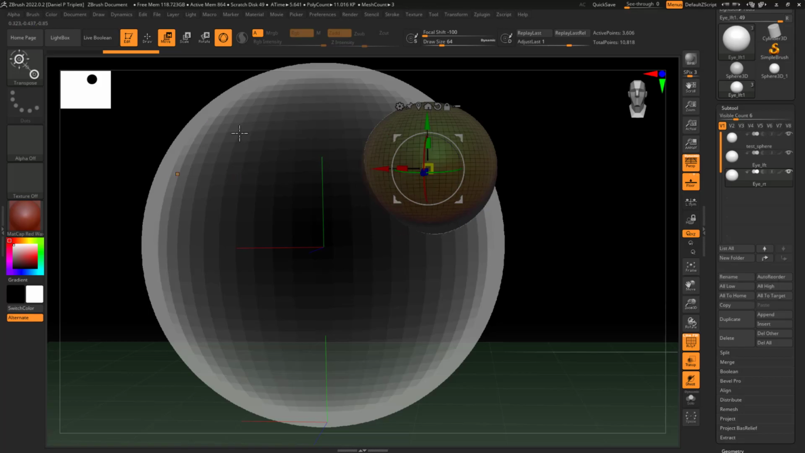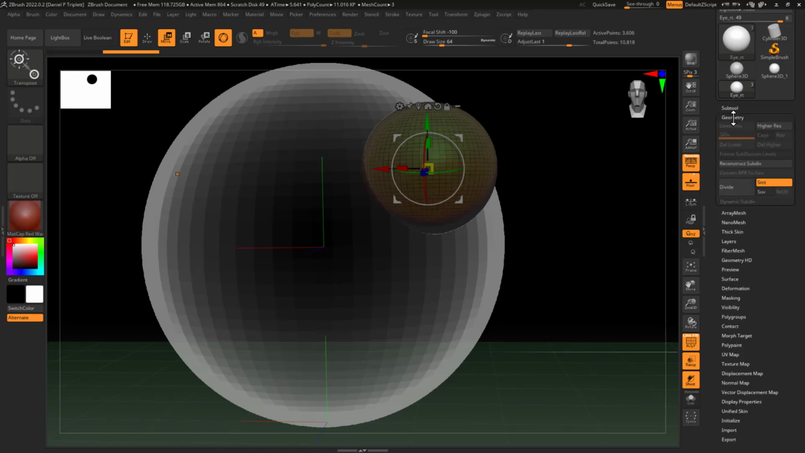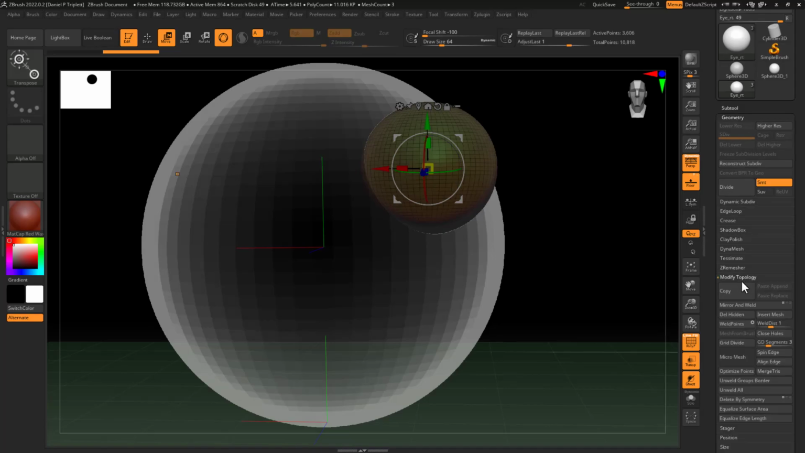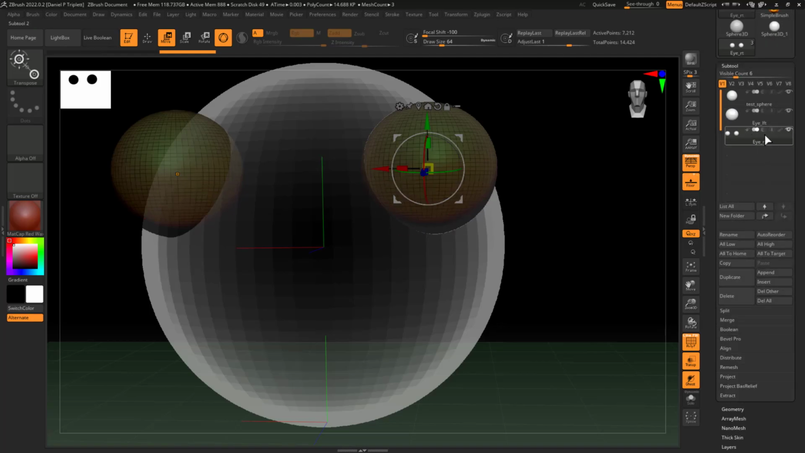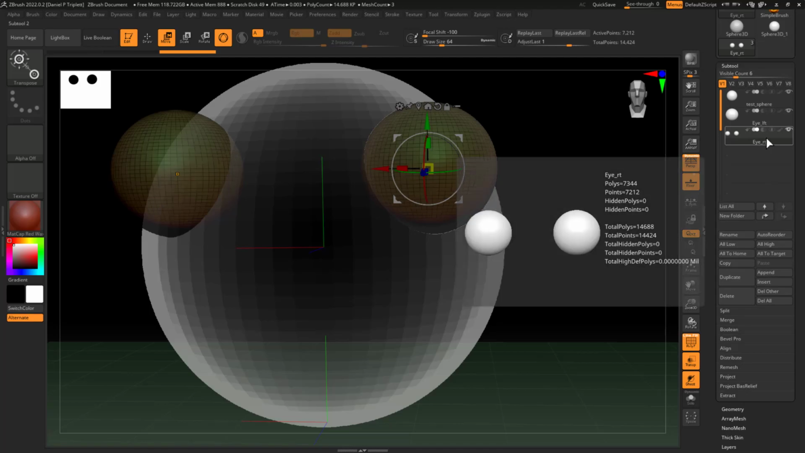Let's say you want it exactly symmetrical on the other side. The way you can do that: close the subtool, open the geometry, and we're going to go modify topology, and we're going to say mirror and weld. Okay. I don't want the local symmetry on now because it's going to use this center spot. I want it to use the world center spot. So I'm going to hit mirror and weld. Now it's not going to weld anything because it's not close enough to touch it, and we are on our own subtool. So you can see now